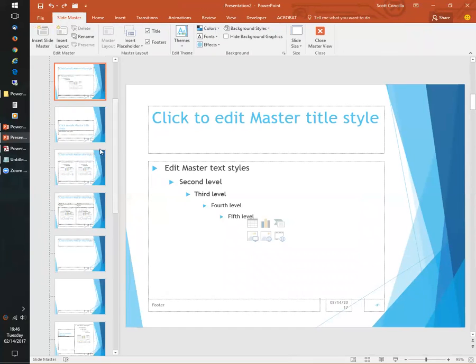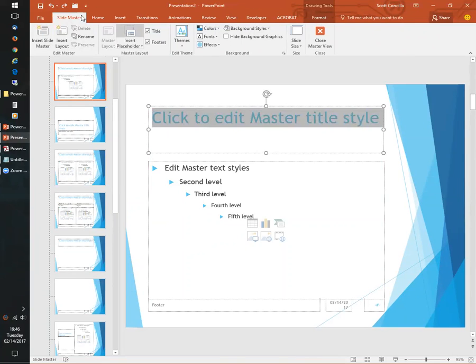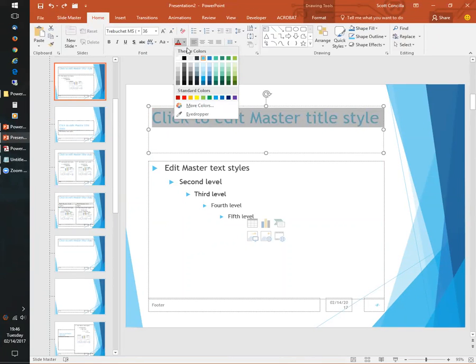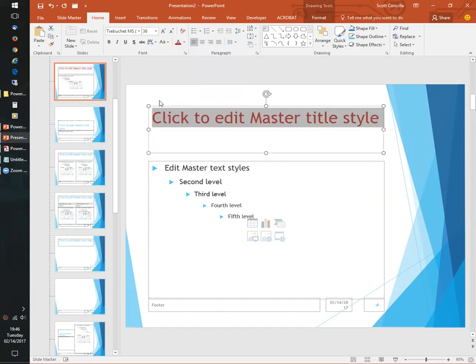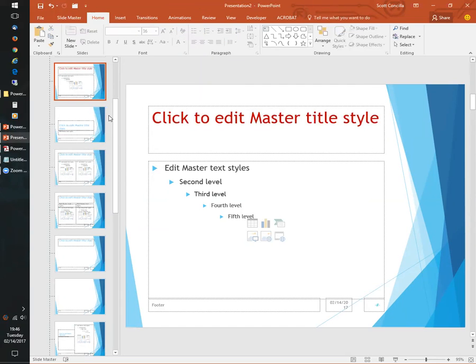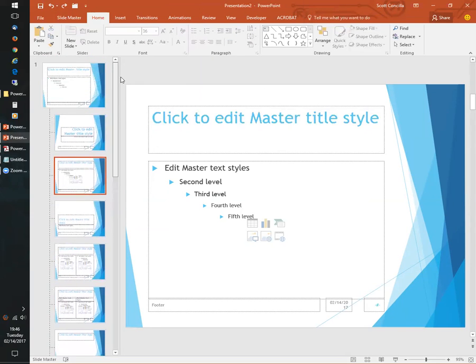View, slide master. So again, let me go here and let's change this from that blue. Let's pick yet a different color this time. Let's go with green. Now let's go to the red, it's easier to see. All right. Now I'll change it here. The layout, oops, I'm sorry, that was the wrong one. Pay attention, I just fell into my own trap.